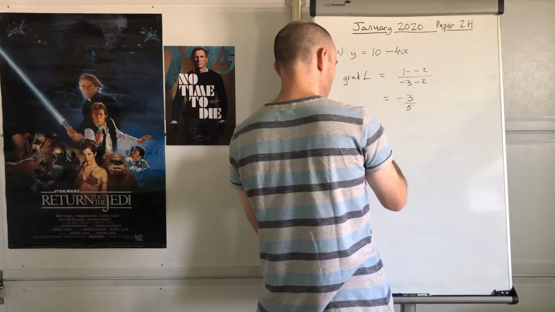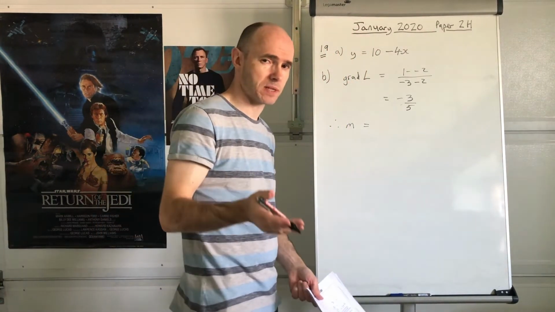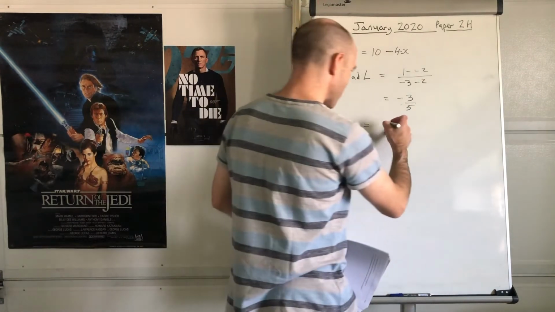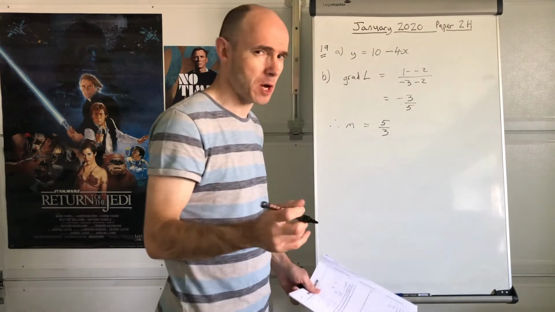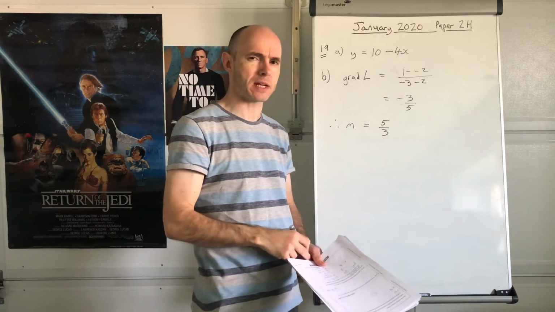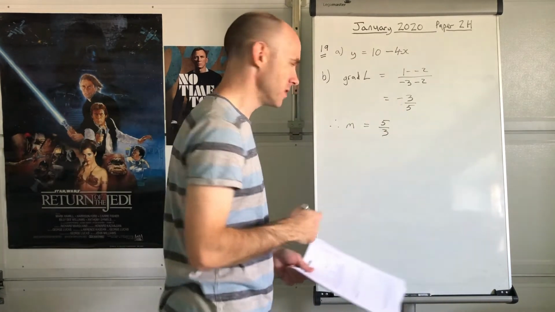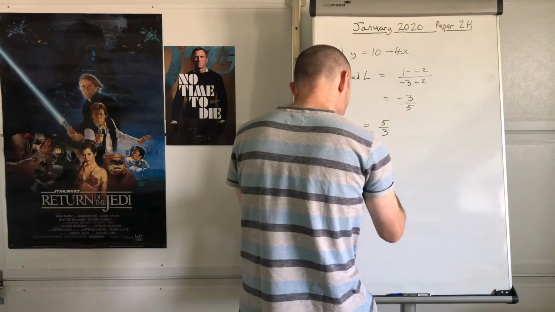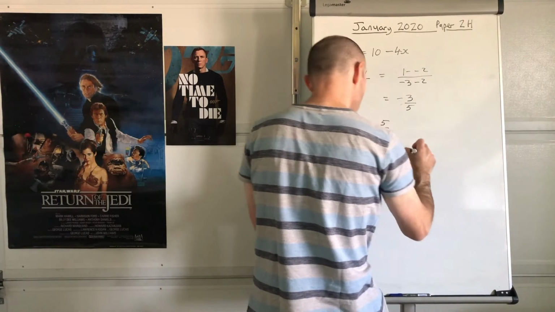Now remember we use m to represent the gradient in our straight line equation, y equals mx plus c. So I'm going to write down that the m we want to use is 5/3. Hope you've understood why. It's a perpendicular line. Remember the rule for perpendicular lines? You multiply it by -1, take the reciprocal, so 5/3. So the equation that we need is y equals 5/3 x plus c,